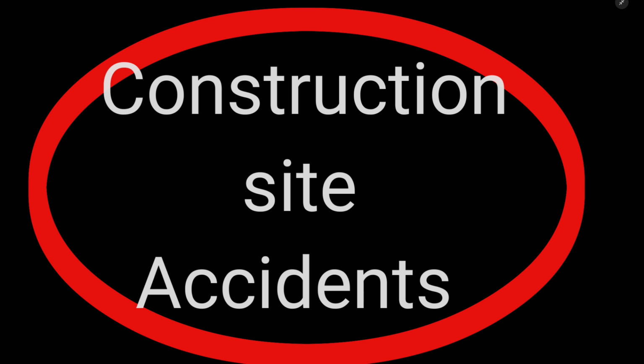Fourth is electric shock. Electric shock are a serious danger on construction site. Whether it is due to faulty wiring or accidental contact with live wires, the result can be devastating. Always turn off electrical equipment before working on it and ensure all workers are equipped with insulated gloves and footwear.